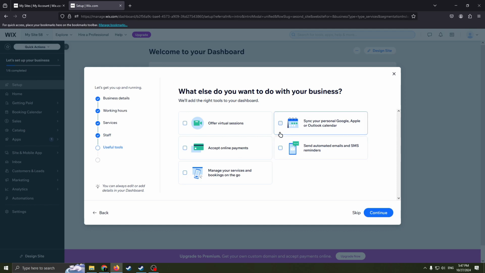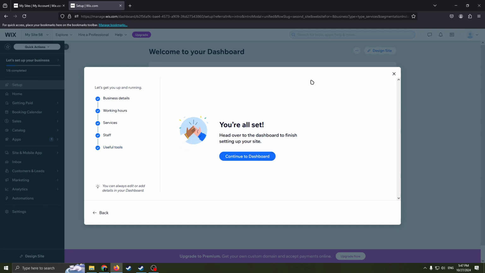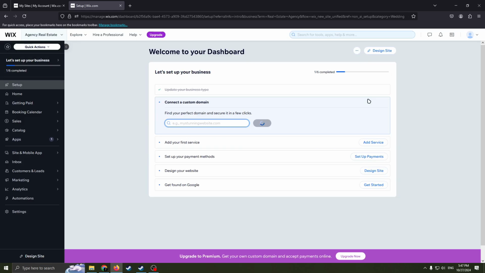What else do you want to do with your business? Offer virtual sessions, accept online payments, manage your services and bookings on the go, sync your personal Google, Apple or Outlook calendar, send automated emails and SMS reminders. So choose whatever you want. Now we are all set. Continue to dashboard. Now we are back on our dashboard and we can see that we still have 5 steps